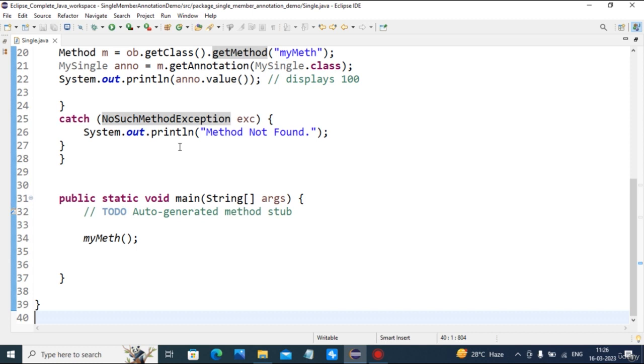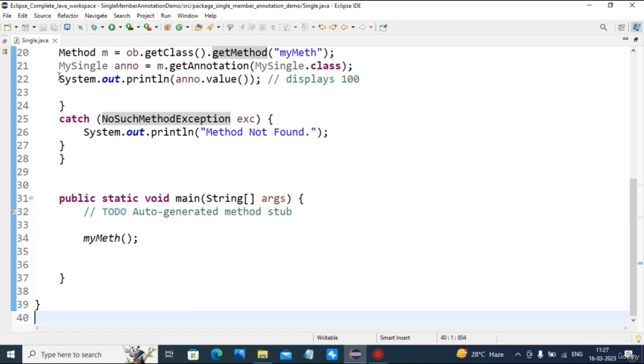Its theory I have already explained. Default or inbuilt annotations theory I have already explained in the theory part. So the only thing you have to do is practice more and more. Whenever you come to those inbuilt annotations, you will understand them better. So this way we have completed the practical part,